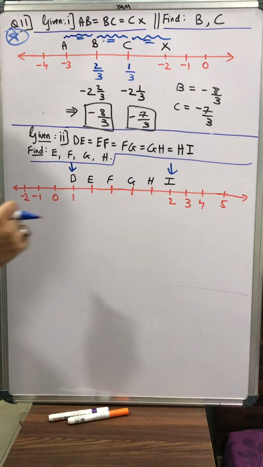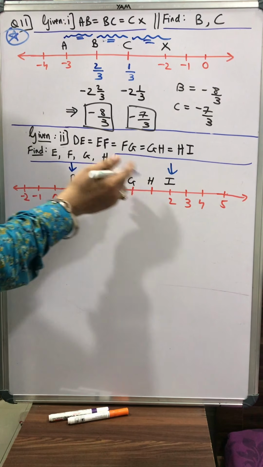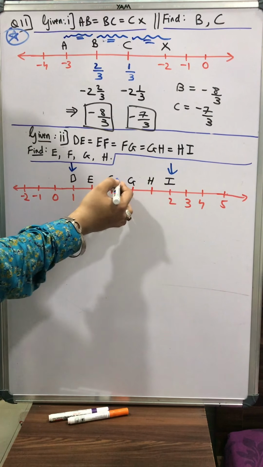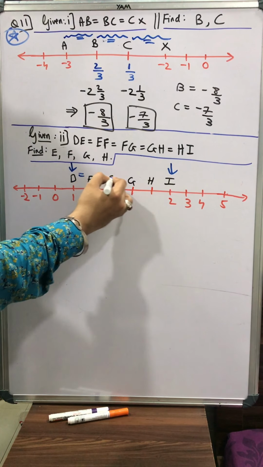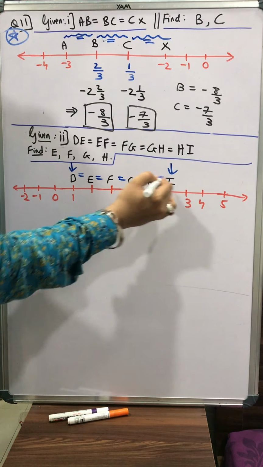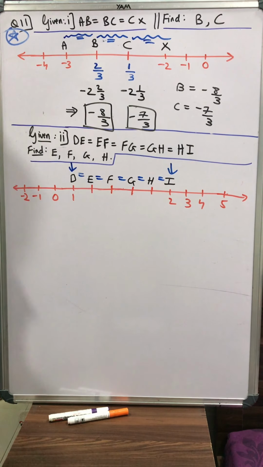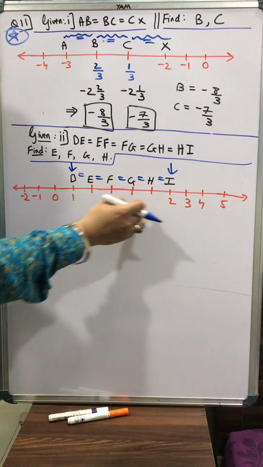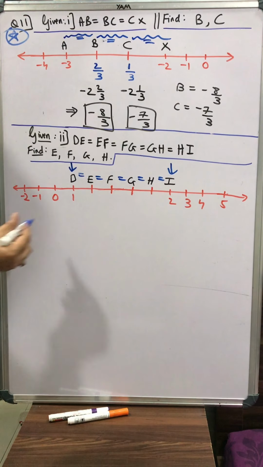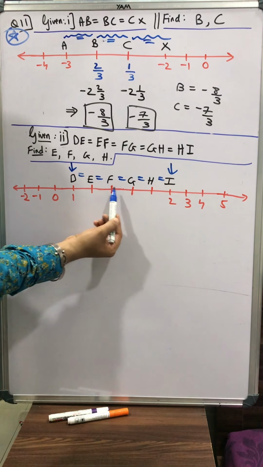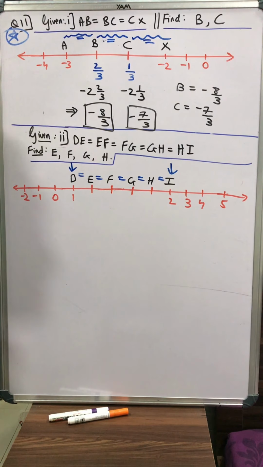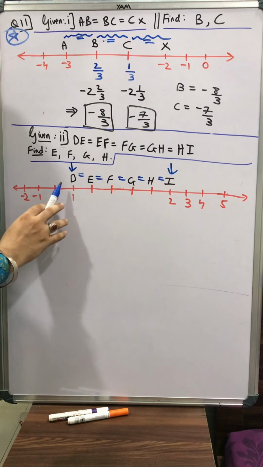Okay. What we are doing? We are cutting equal pieces. It's given here. DE is equal to EF is equal to FG. All are equal. Equal pieces we are cutting. Can I say so a piece of cake which starts from 1 and ends at 2 we have cut into equal parts. How many equal parts? Let's count. 1, 2, 3, 4, 5. 5 equal parts. So 5 equal parts are cut between 1 and 2.